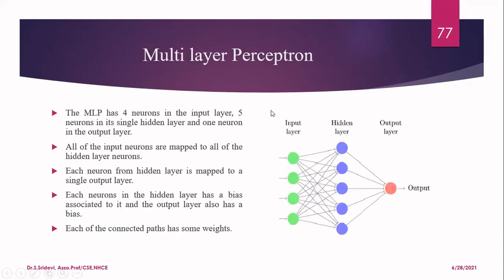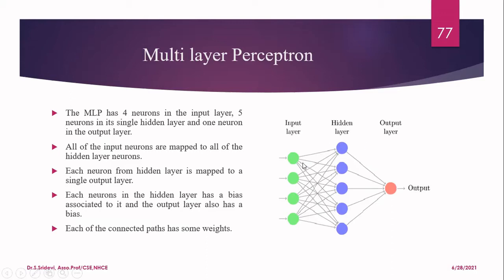In a multi-layer perceptron, as I told you, you will have the input layer, then the output layer, and you will have an intermediate layer, that is nothing but the hidden layer. I already told you why it is called a hidden layer. The input layer interacts with the outside world by receiving the input. Similarly, the output layer also interacts with the outside world by sending the output to it. Whereas the hidden layer does not interact with the outside world. It interacts only with the adjacent layers. So it is called hidden.